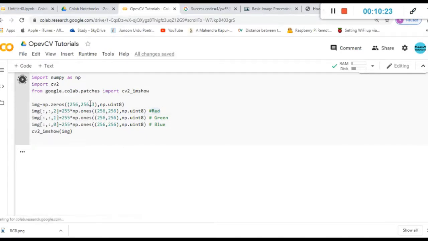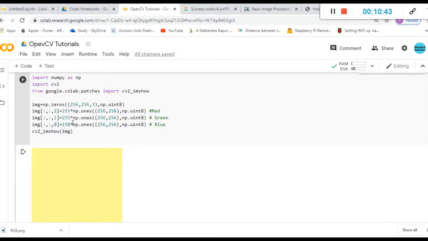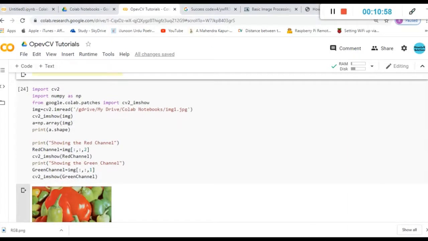So let me just run it. So you have got an answer here, but because it is white you are not able to see. So let me just change it. I'm just changing the blue value to a little lesser value, so you can see that the color is a little bit closer to that of the white, that it is a light color. So if I just make it 200, it might be even closer to that of white, that is the color might be even lighter. So I think now you understand what is the meaning of a color image. Now let us go to the next code.